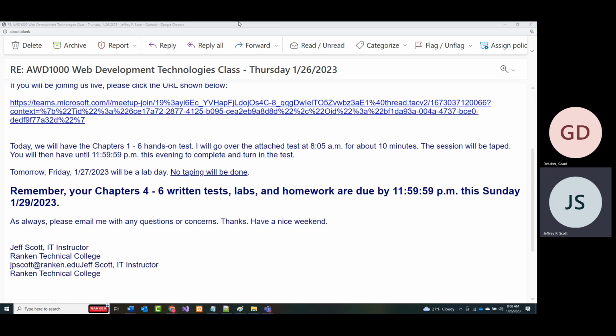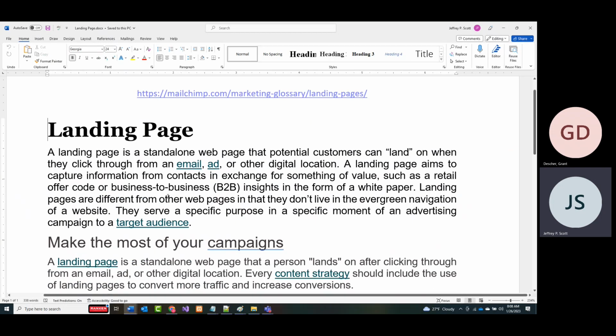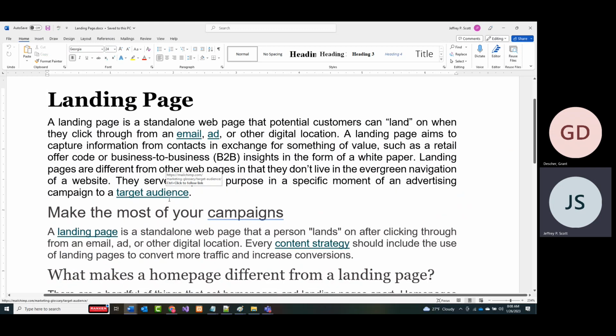All right. So with that said, before I go through the test, I also sent you a quick little email with this in there. You're making a landing page for this particular test. And basically a landing page is a standalone one web page that a lot of times a user will land on if they see an email ad or something like that. Somebody says, hey, you got to check this out. Click here to get a free ebook or something like that.